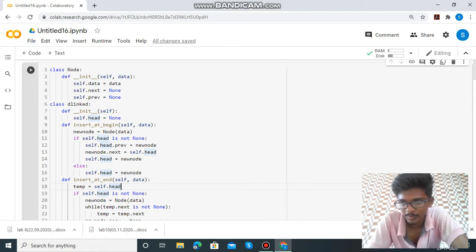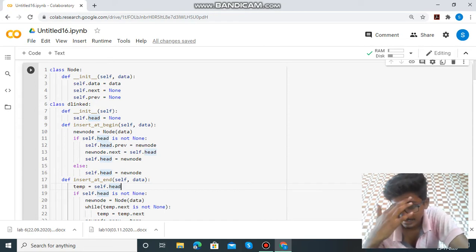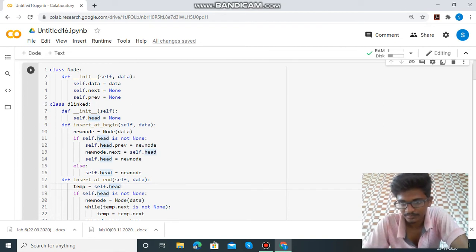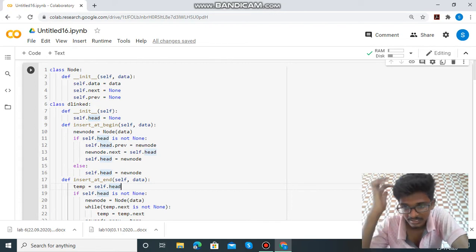Check if head is pointing to None. If true, pass the data to be inserted to the insert at begin function. Else create a new node. Take head in a temporary variable: temp equal to head. Traverse across the linked list and check if the next field is None. If it is None, then update the next field with the new node: temp dot next equal to new node. Set the previous field of the new node to the previous last node: new node dot previous equal to temp.